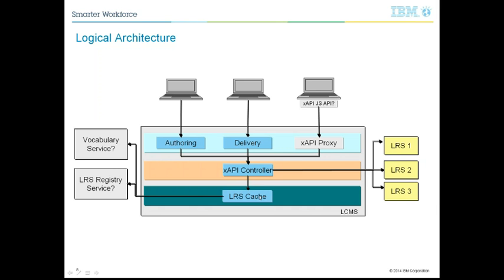So it potentially wouldn't have to change its code if it could talk to a proxy and have it do the mapping and sending to the target LRS for it. Or it could internally have an implementation that reads the mappings from a service, and then it knows what vocabulary to use when communicating with the target LRS.